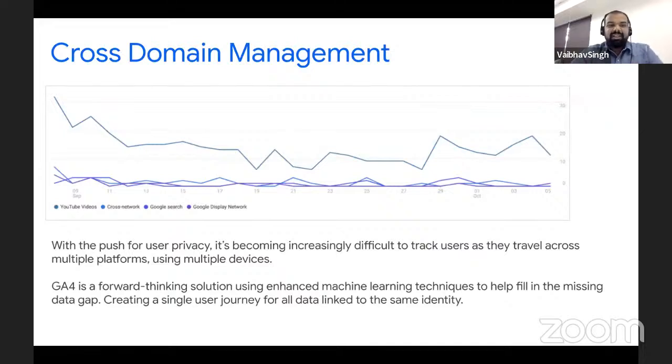Again, one more important thing is cross-domain management. Earlier we used to face certain issues. For example, a lot of our publishers who use different mobile sites or desktop sites for serving different devices or different sets of users, we used to do a lot of cross-domain browsing of our website. So for example, your desktop website could be on www.abc.com, your mobile website could be on m.abc.com, your AMP website could be on amp.abc.com. Or in fact, you could have two different websites, like abc-english.com or abc-hindi.com.